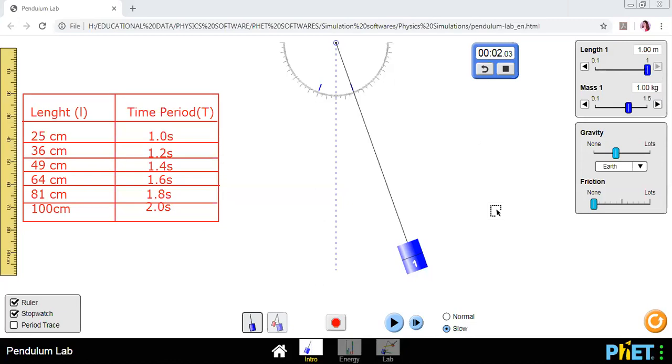Avni is saying the time period increases by 0.2 seconds. As the length increases, the time period also increases. Vidula said the same, a direct relationship. Krish has said direct relationship. Length and the time period are directly proportional, that's what Somya is saying. Swam is saying, more the time period, increase the frequency. Length is directly proportional to time. Okay, I'm getting your answers.